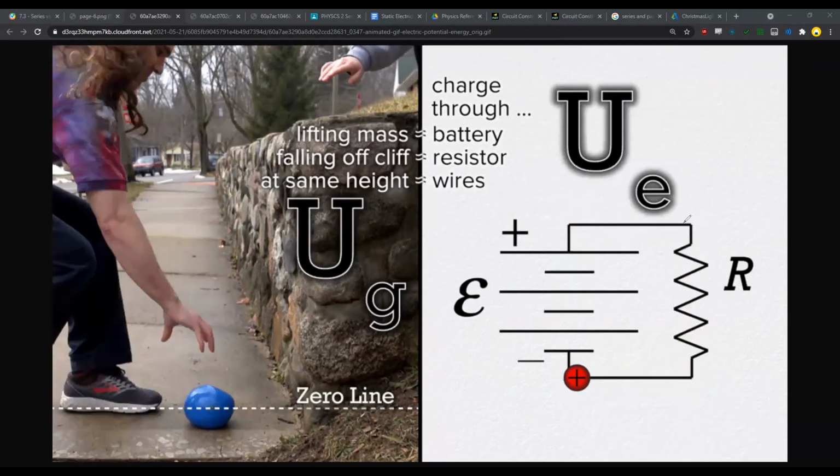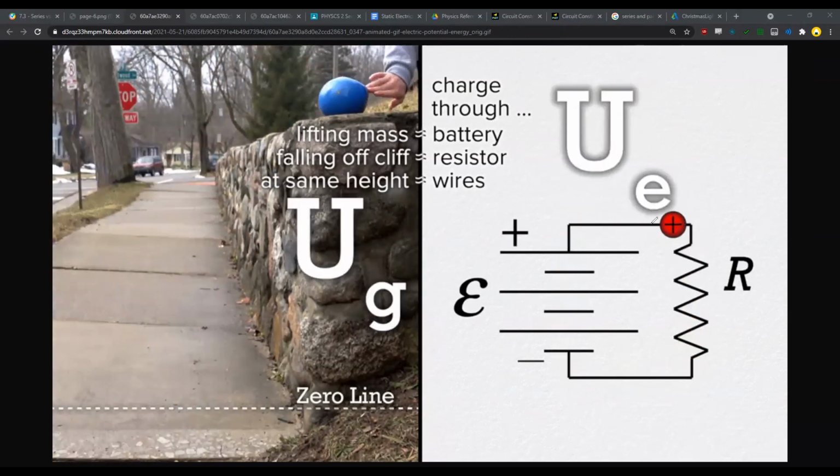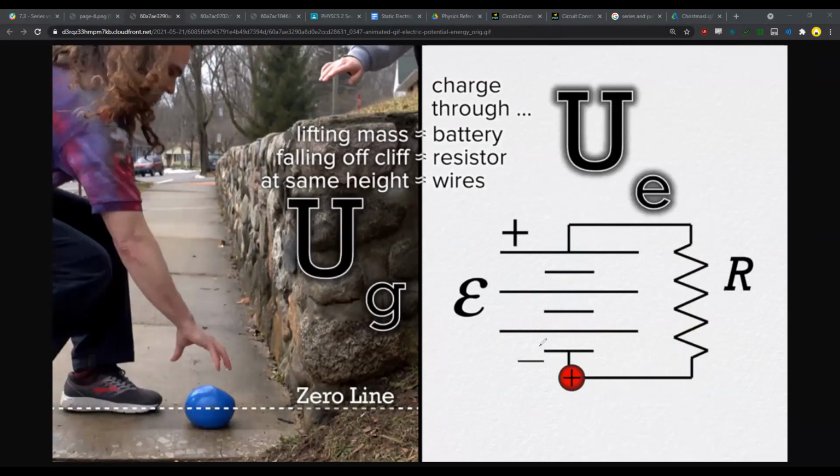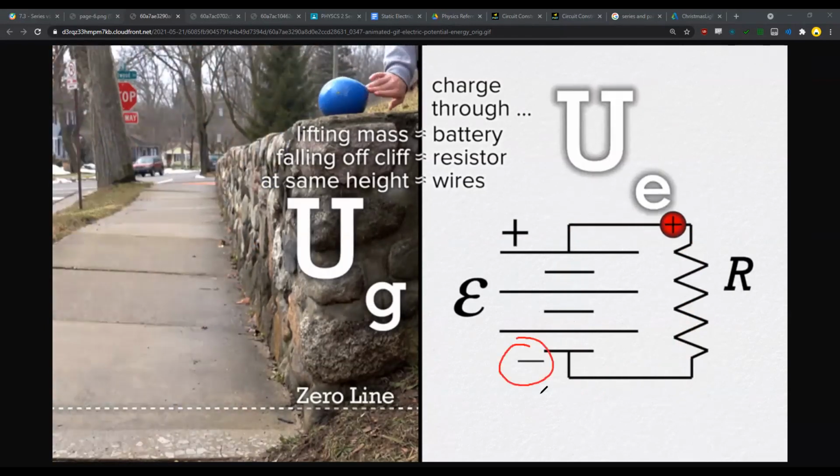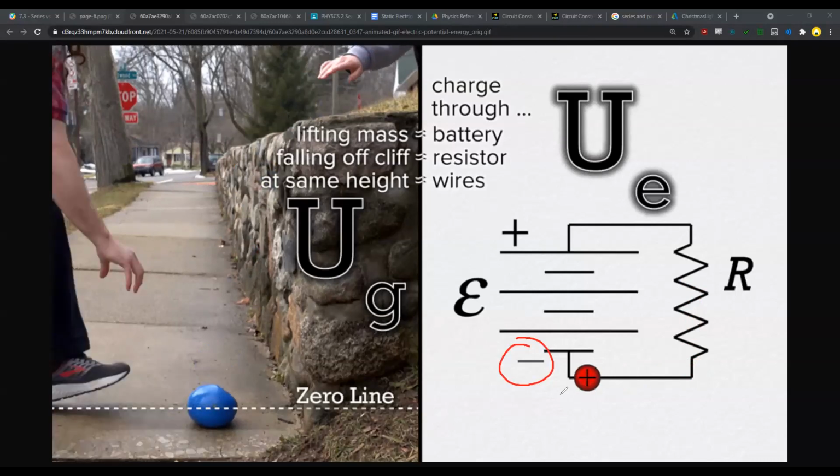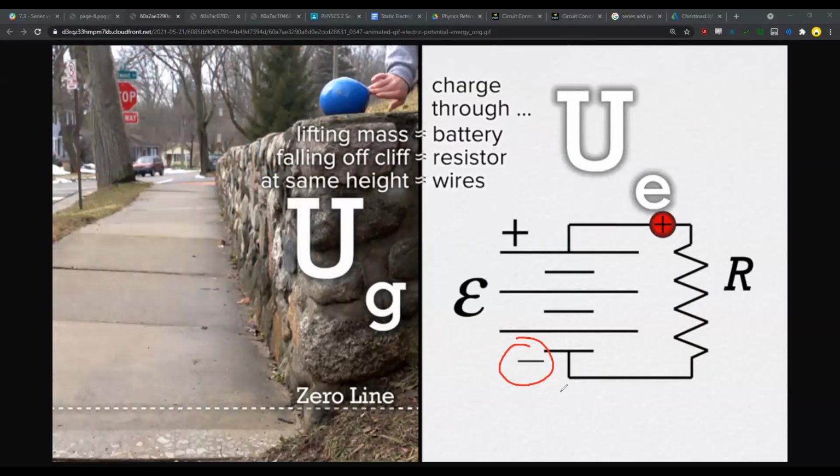Now remember, due to the terminology we still use based on Benjamin Franklin's work,